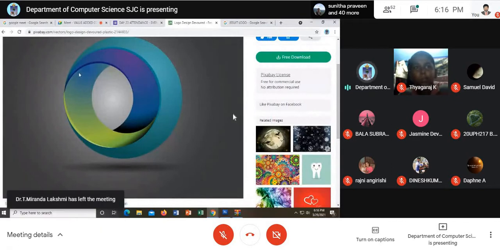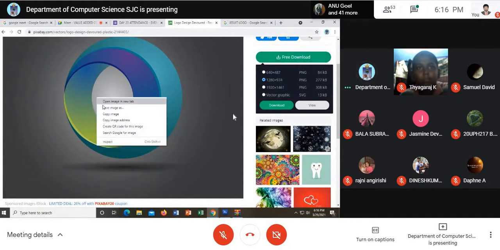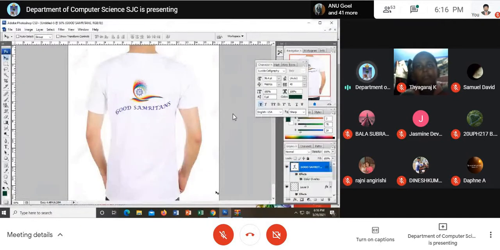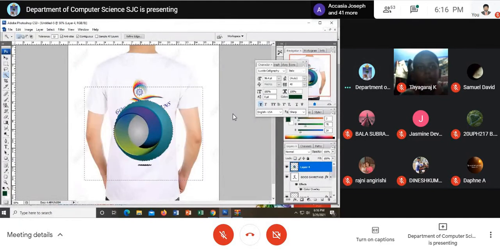Very well. See here, bigger image. You can download it. See, freely it can be downloaded. I can use it. See, bigger image, no? Copy and you can put it here in your own design. You can change it and change the color and design your own. For example, this portion can be chosen and the colors can be changed like that. You can use and you can make it your own. Am I clear to you? You can make it your own.